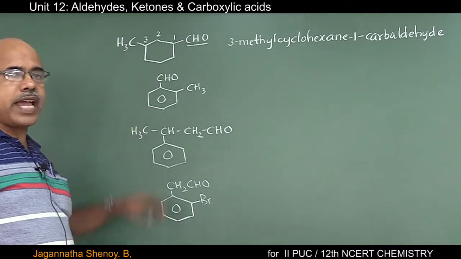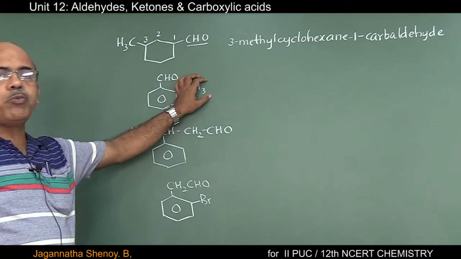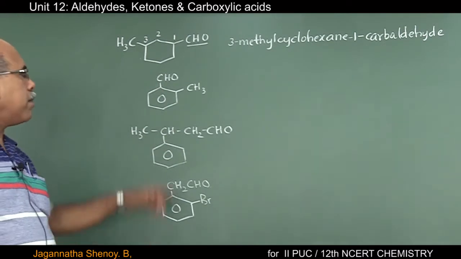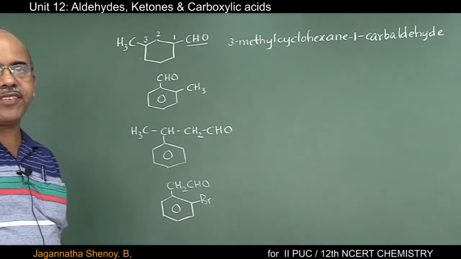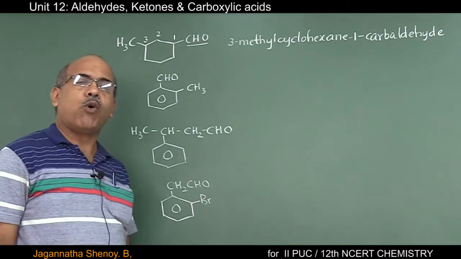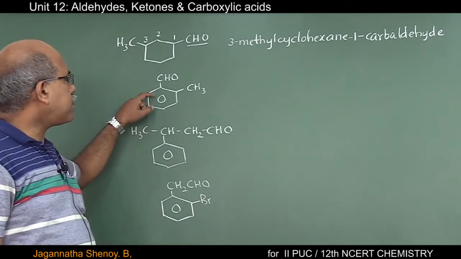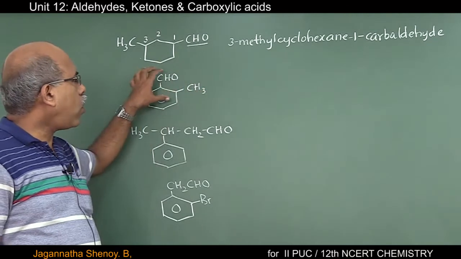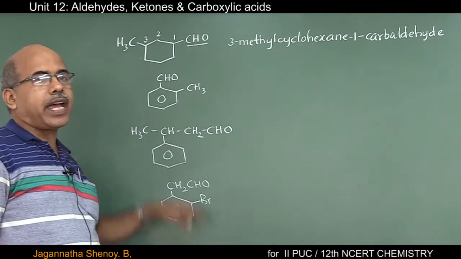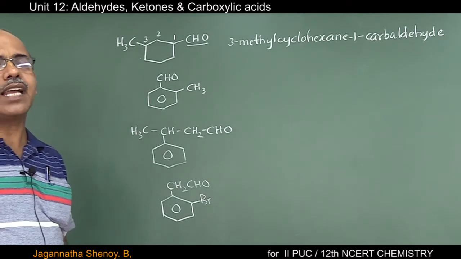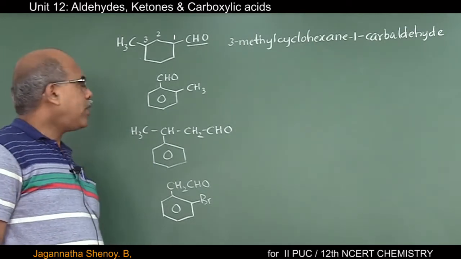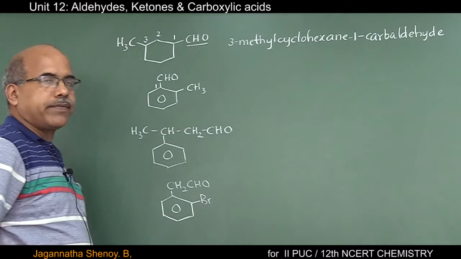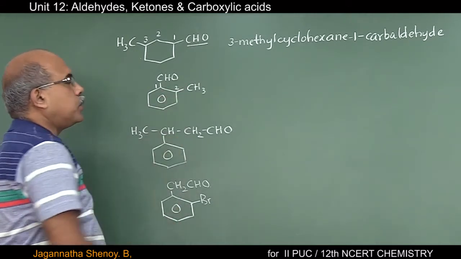I will go to the next one. If suppose the CH3 group were not to be there, this compound would have been called benzaldehyde. Benzaldehyde is the accepted IUPAC name, or if you still want a more specific IUPAC name, I will call it benzene carbaldehyde. So without CH3, I can call this molecule either benzaldehyde or benzene carbaldehyde. Then the carbon atom of the benzene ring carrying the CHO group should be given number 1. Then this has to be number 2.